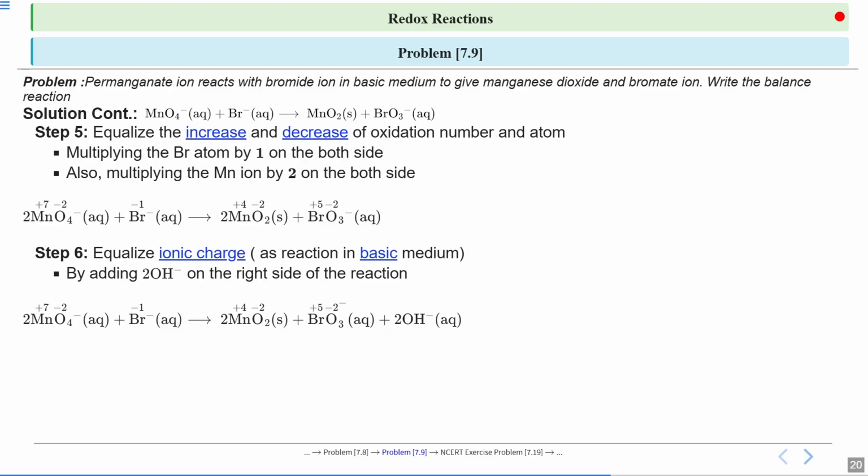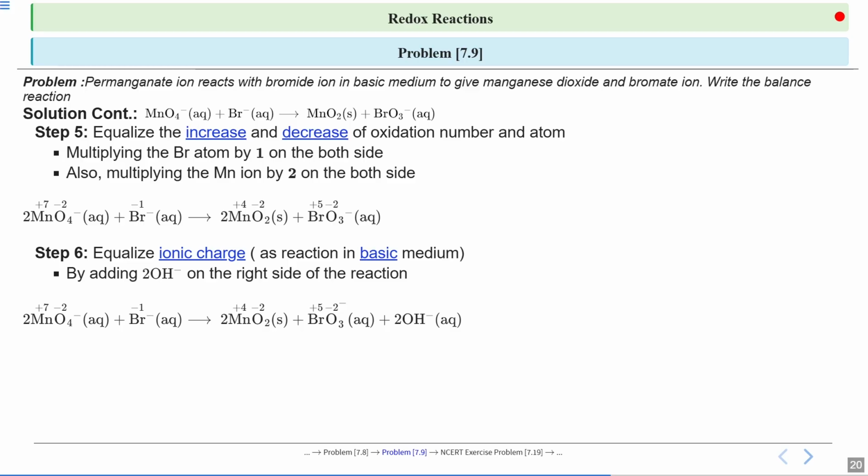That is clear from the ionic charge. If we look at the reaction, we find that 2 hydroxide ions would be required to equalize the charge. That means our equation would turn out to be 2MnO4 negative plus Br negative gives 2MnO2 plus BrO3